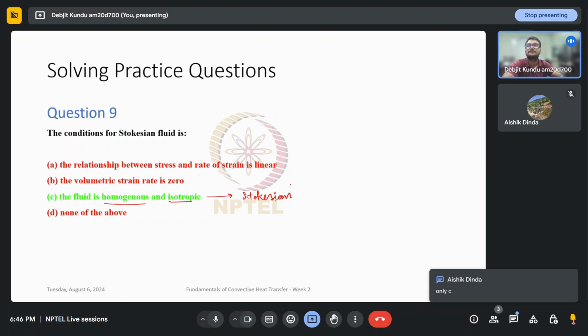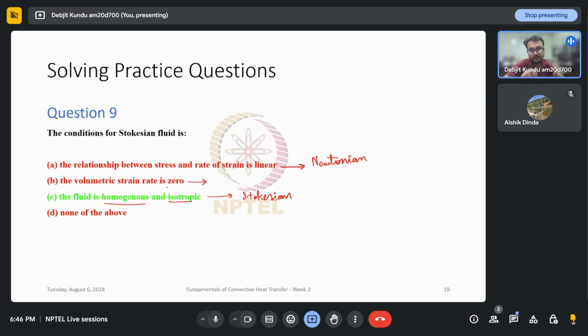Yeah. So let's go through the other ones. So if the relationship between stress and strain rate is linear, what do we call that fluid? A Newtonian one. Good. And what about a fluid where the volumetric strain rate is 0? Volumetric strain rate means essentially dou u dou x, yes, dou v dou y. Sorry,